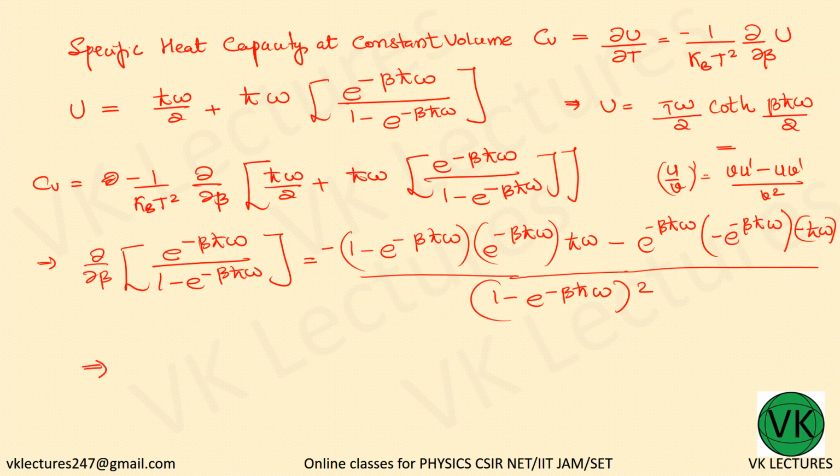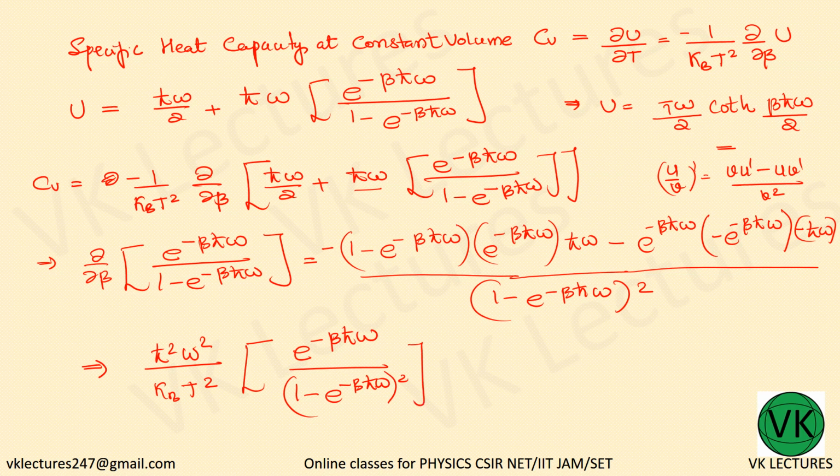So we can take h cross omega out, and here we have another h cross omega, again with a minus sign, so h cross squared omega squared by kBT squared into what is remaining, e to the power minus beta h cross omega divided by the denominator, that is 1 minus e to the power minus beta h cross omega whole squared. So this is the specific